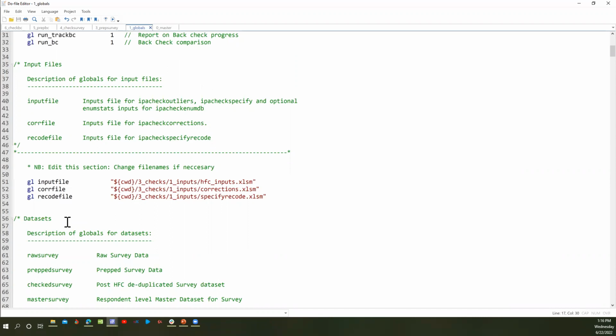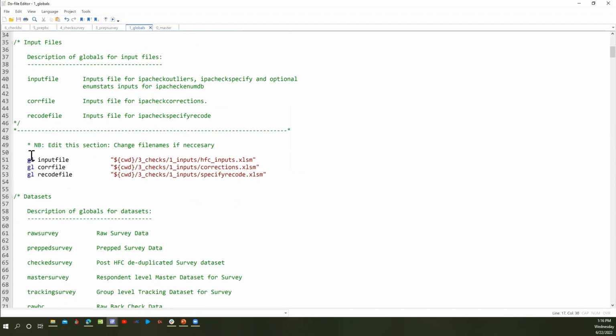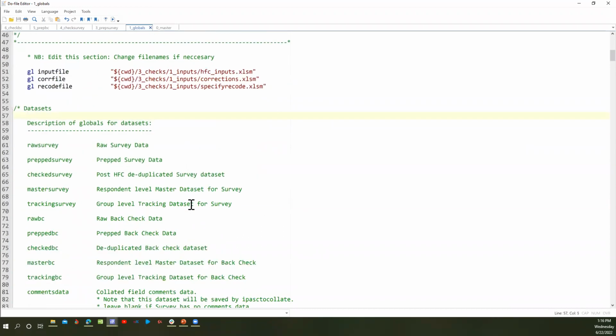But there are some other ones that we just cannot put defaults for. So those ones you will have to go through them and think through them and do them yourself. But this is a prime example. In most cases, you will need to edit this section, but it's available for you to edit if you want to.